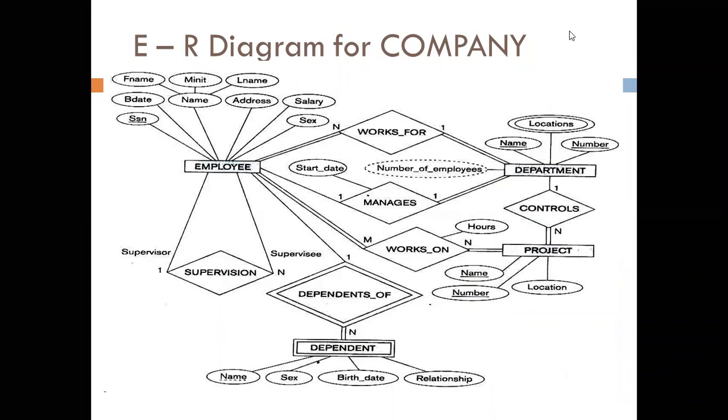So again, whenever we are writing the ER diagram, it is completely dependent on the assumptions of the database. If you are creating a database, you will make some assumptions. Based on that, you need to write the ER diagram. So there are no correct or incorrect ER diagrams. The only thing is how you assume it and what notations you are going to use to represent your assumptions.